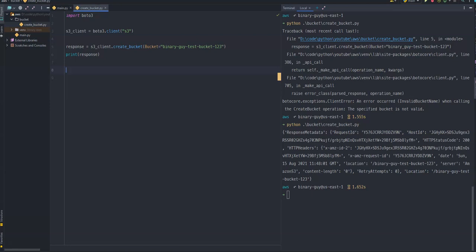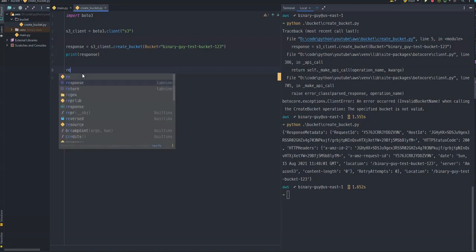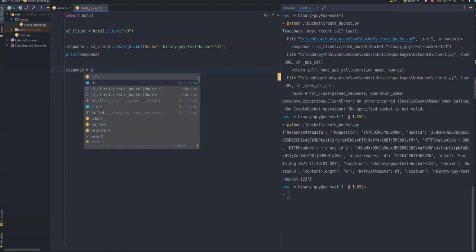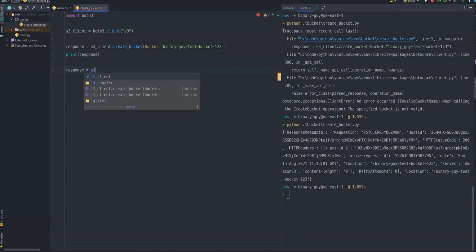So let's say you want to create a bucket in EU East 1 in the Europe region. We can also specify different parameters to this create bucket function, which can accept those parameters, and it will create the bucket in the different region. For that, the syntax is pretty simple again. So let's start with the response, then S3 client, and again it will be the create bucket